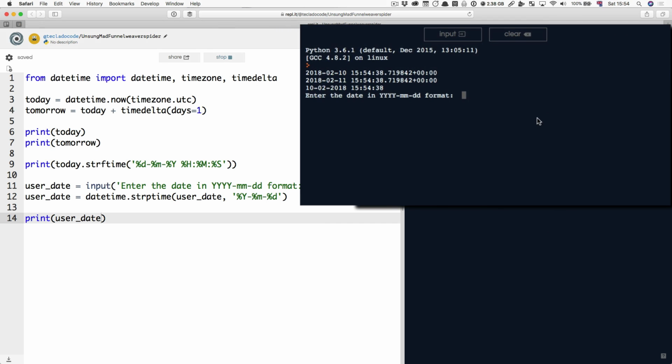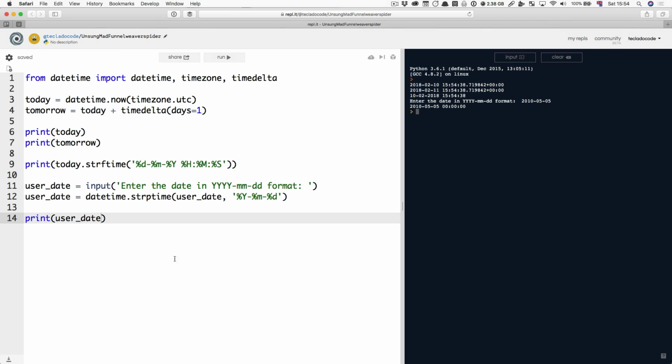Now we can see that it asks us for a particular date, let's say 20100505, and now we get 2010-05-05 00:00:00. We don't have time zone information in here either. So what's happened? We've asked the datetime module to call strptime, which means string parse time. This is strftime, string format time. Parse time. Then we've put in our string that we want to parse. That's whatever the user entered, presumably in this format,